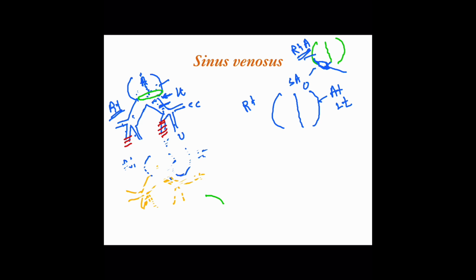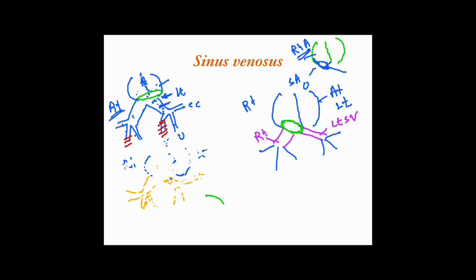Now as development proceeds, this is the left horn of the sinus venosus, and this is the right horn. They will open inside with a valve. This is the sinoatrial orifice. It will form a valve, right and left. And now we know there are three vessels opening into each.